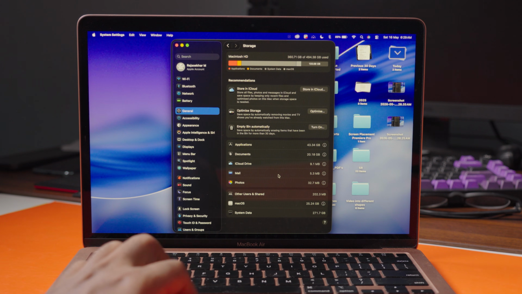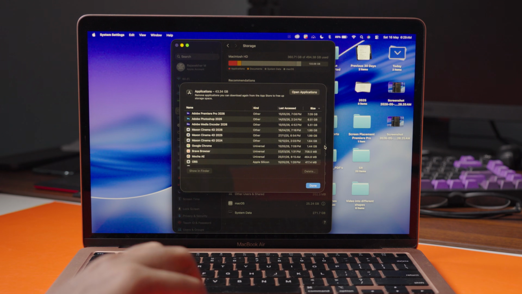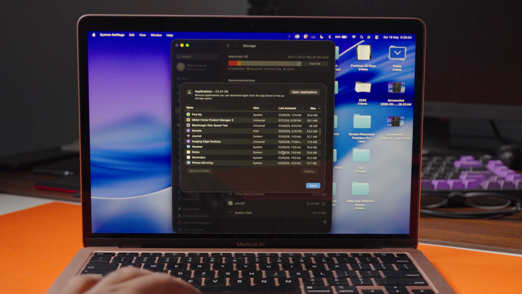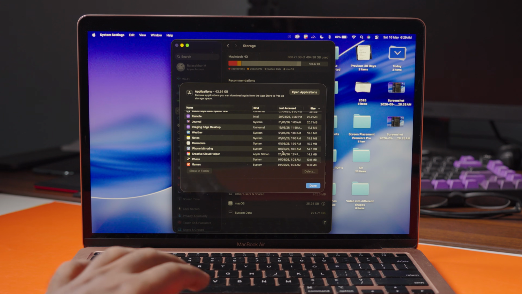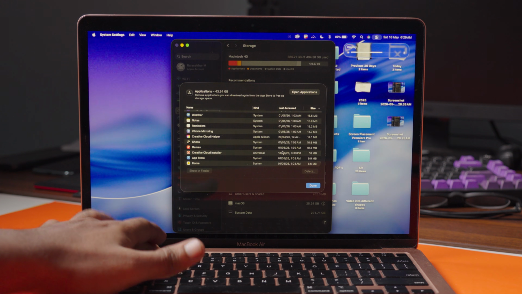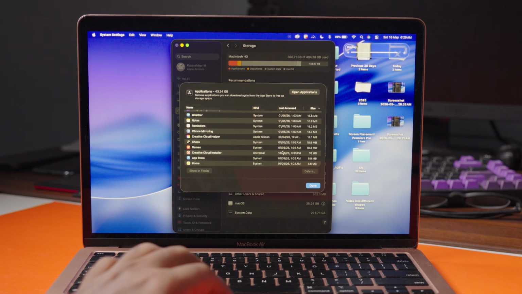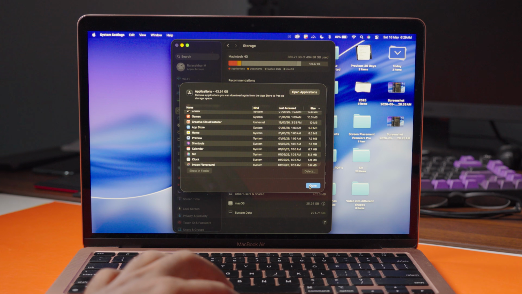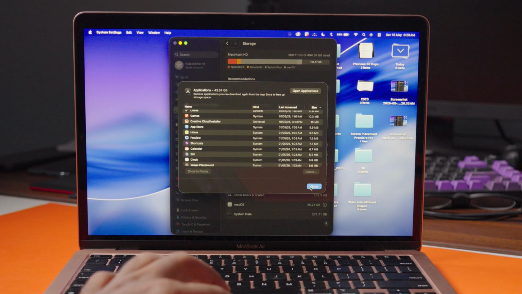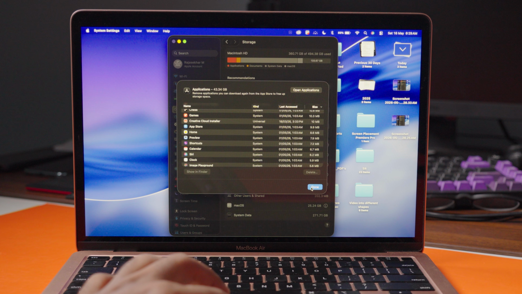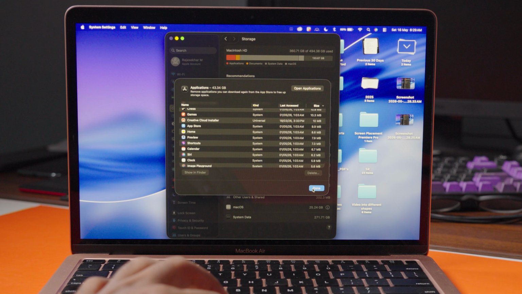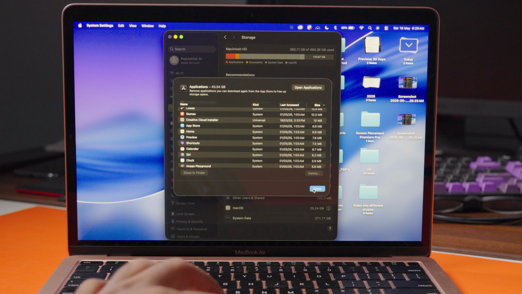Next, let's look at the Unused apps, which is another quiet storage hog. Click on the Applications tab. This shows every single app installed on your MacBook, along with how much space each one takes up. Go through the list and select anything you no longer use: old trial apps, one-time use tools, duplicate software, whatever you don't need anymore. Once selected, hit delete at the bottom to completely remove the application from your Mac. This step alone can free up a good chunk of space, especially if you have been installing apps for years